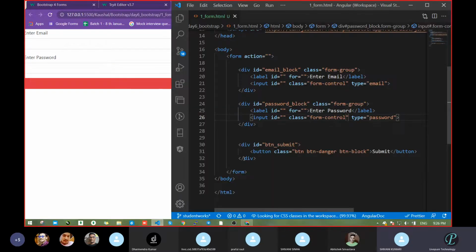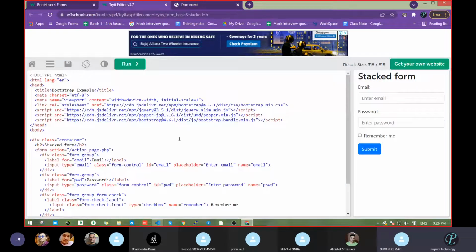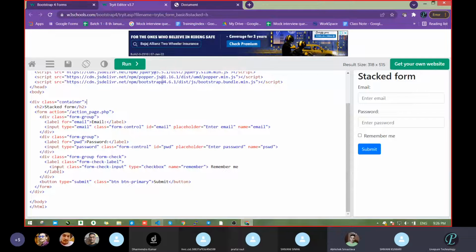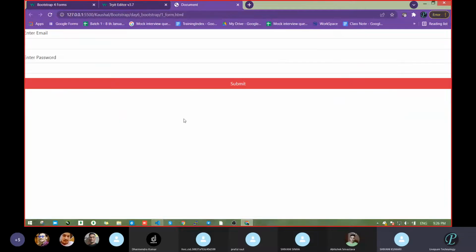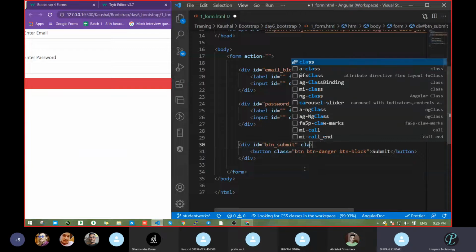So now what are you thinking regarding the button? Will we add it there also or not? Yes, sir. Button, where is that button? Yeah, button is there. The button was written outside, and then btn primary, something they had passed. That's no issue. If you want, you can pass it, but it is not going to do much, I think. Let's see. I don't know what will happen.